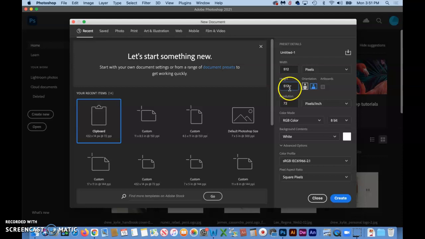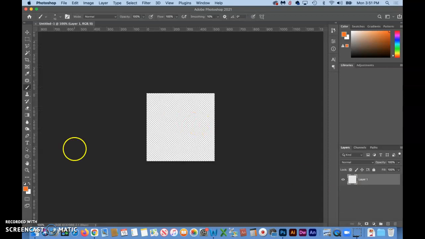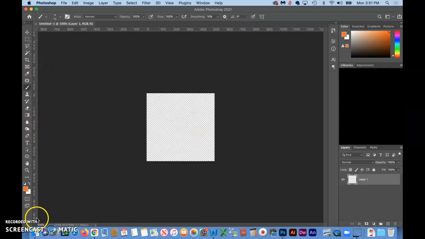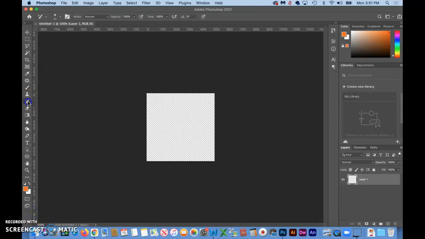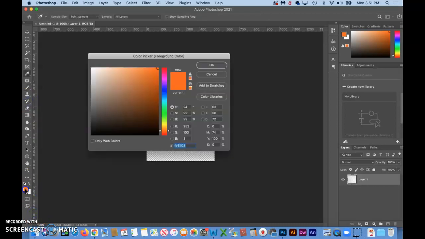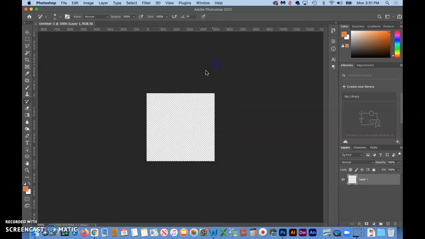And first we're going to try it at 72 pixels per inch, and then we'll change that and see if that makes a difference. Color mode we do on RGB, and then we're going to go background, and we're going to change that to transparent. And then we will click create. And then we're just going to, like I said, just try a test in here. So I'll just grab the brush tool over here, double click on the fill or the color picker, pick a color, and then we'll just